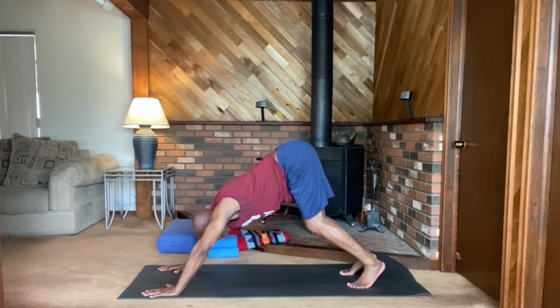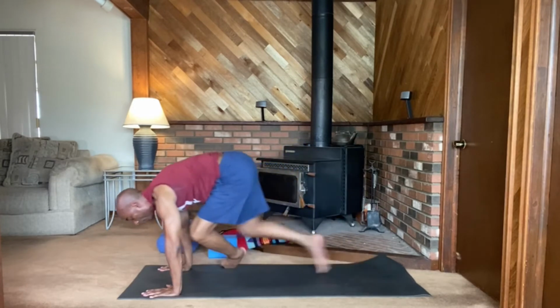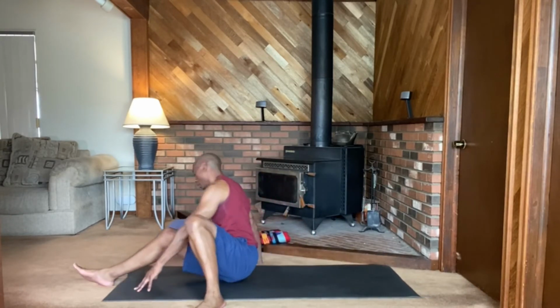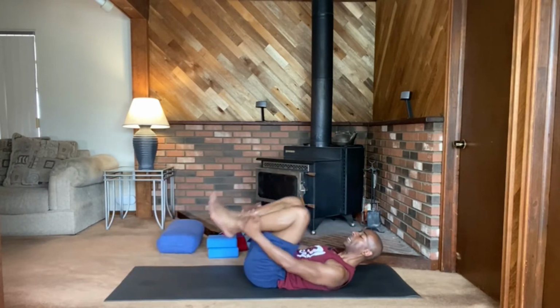Okay, we're going to take a seat. Feel free to kneel down to take a seat. Or you can exhale and hop forward, crossing your legs to take a seat. And then again, go ahead and roll down onto your back. I'm just going to adjust my mat here. When you lie down, go ahead and lie down flat on your back, but bend your knees and plant your